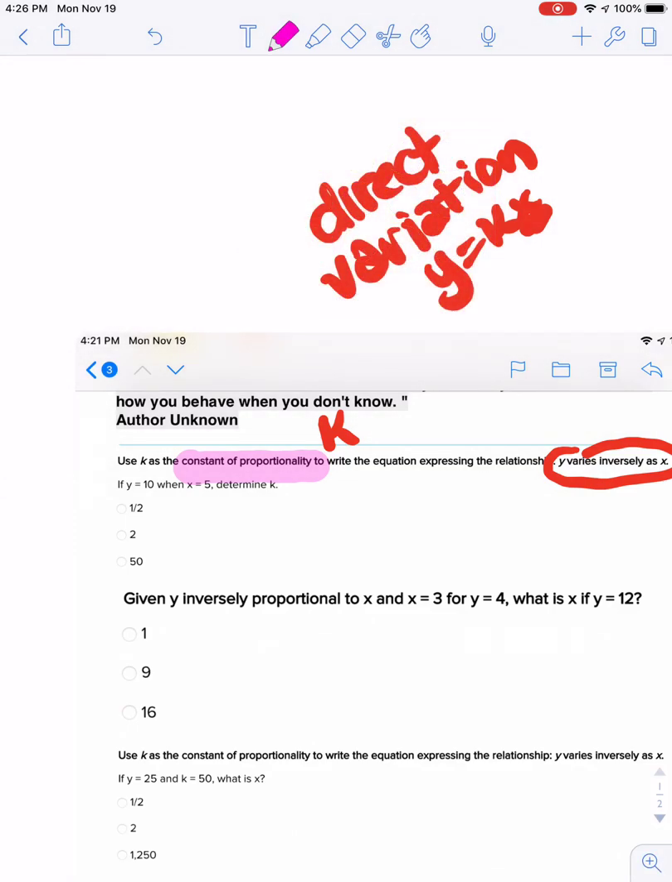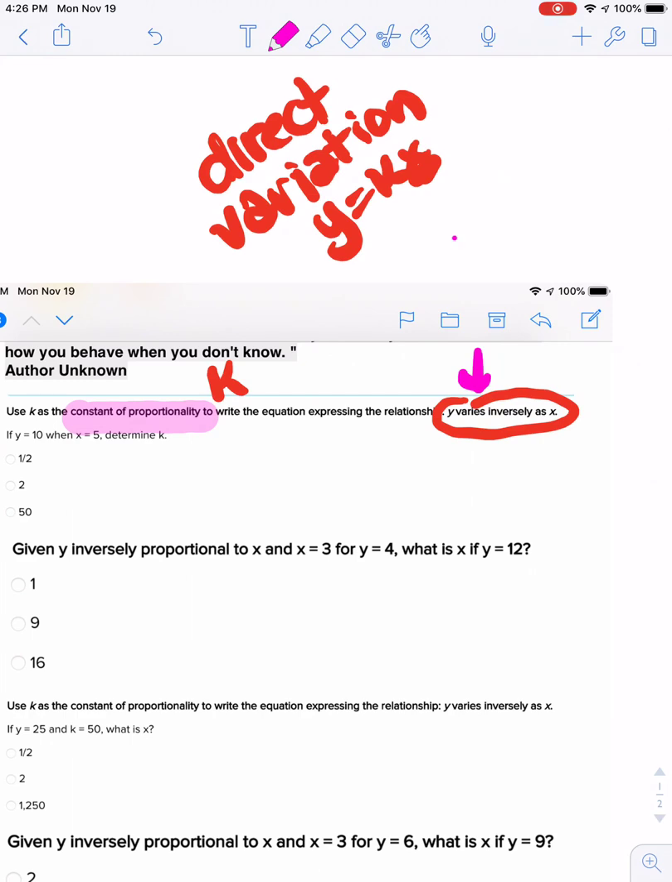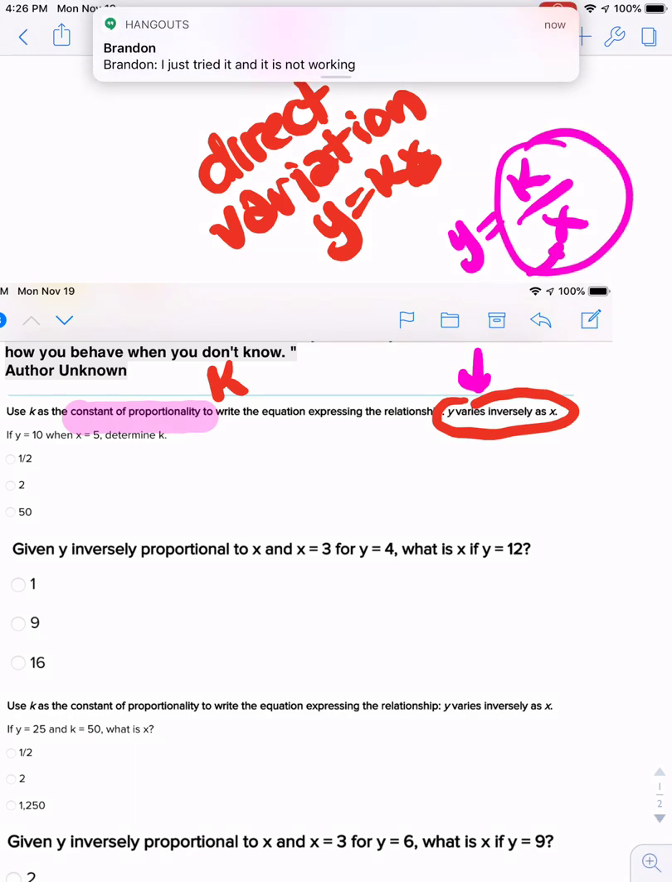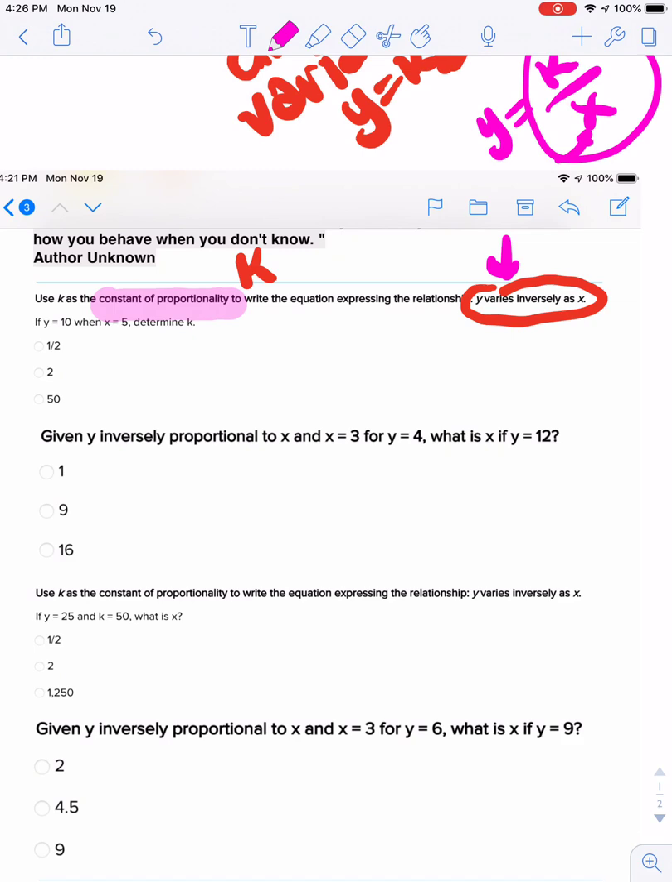Now when you do this inverse variation that they're talking about here, that's when x is in the bottom of the fraction. So that means as the x part gets bigger, this overall fraction that y is equal to gets smaller. So if you take a look at the next one, it says that given that y is inversely proportional to x. So when you know that you're looking at that inversely proportional,